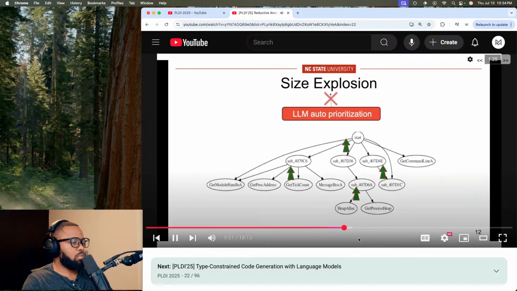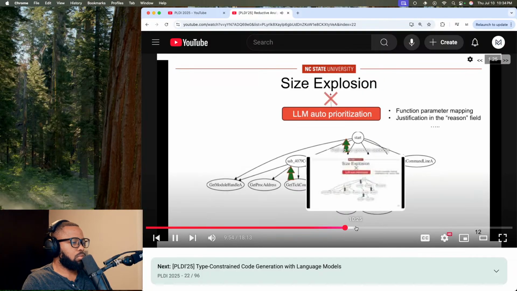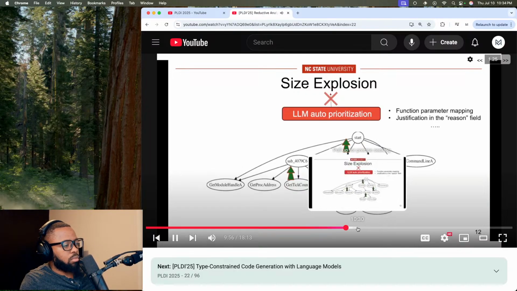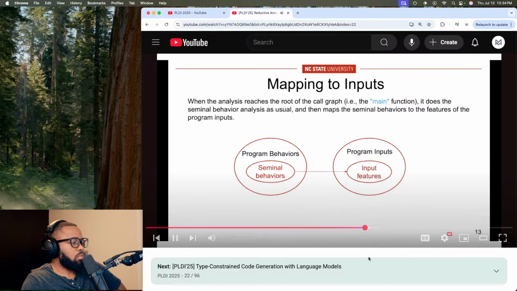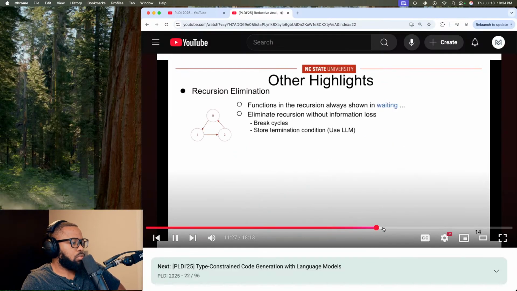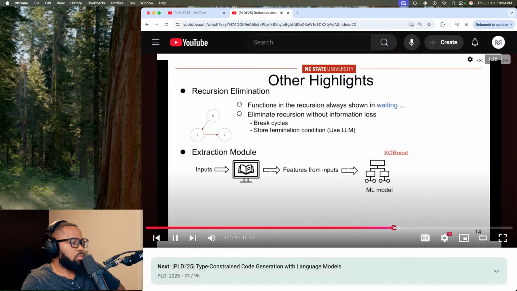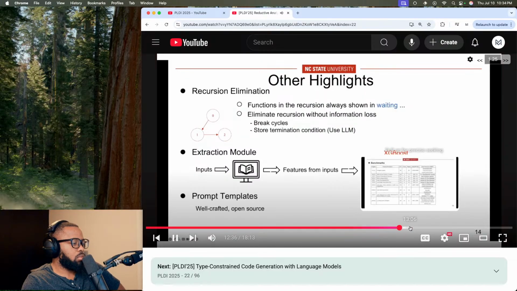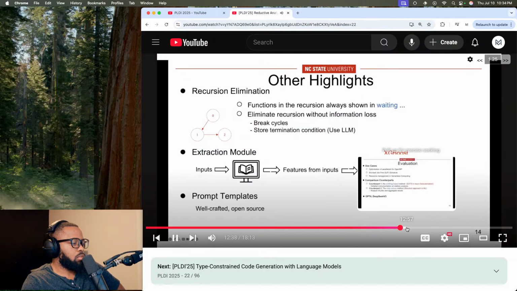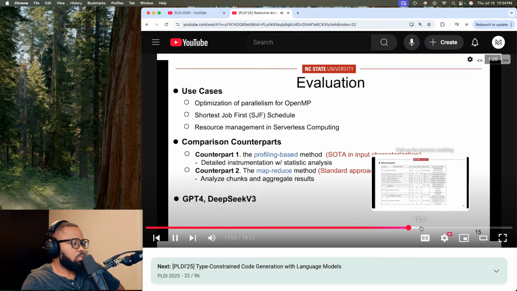But to help the large model in that process, we embed some generic instructions in the prompt. One is of the response. This does the single behavior analysis as usual, and then maps the single behaviors with the help of a large model. For this work we use XGBoost because it is light, scalable, and performs well with large models. We employ several prompt engineering techniques to deal with the token limit for the large models.